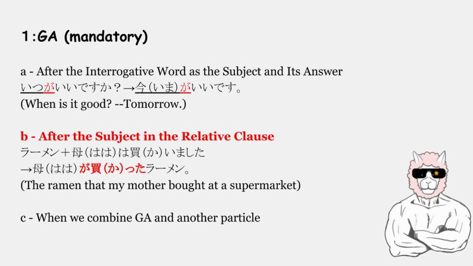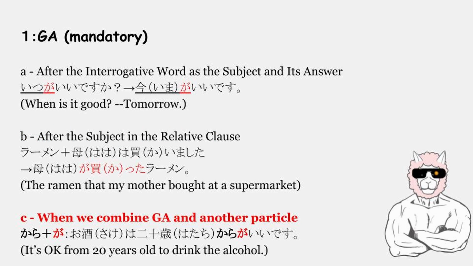So, for example, if we combine a phrase 母は買いました and the noun ラーメン it becomes 母が買ったラーメン. And finally when we combine が and another particle, so for example お酒は20歳からがいいです。